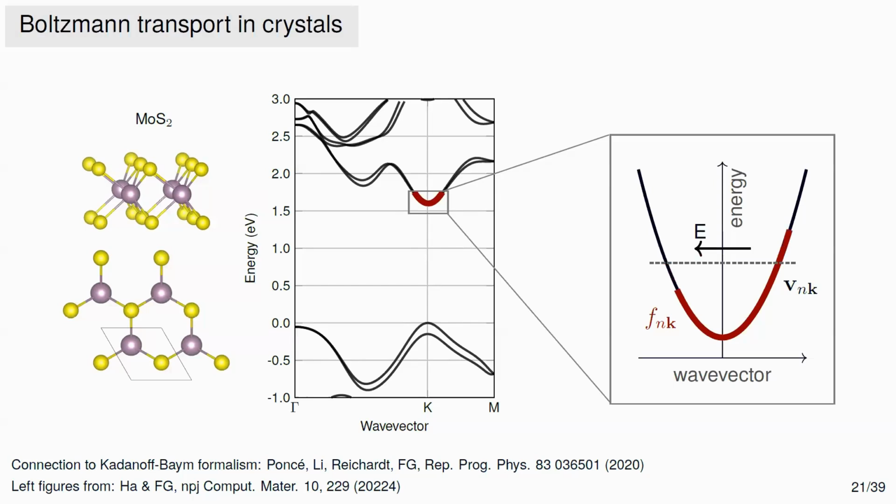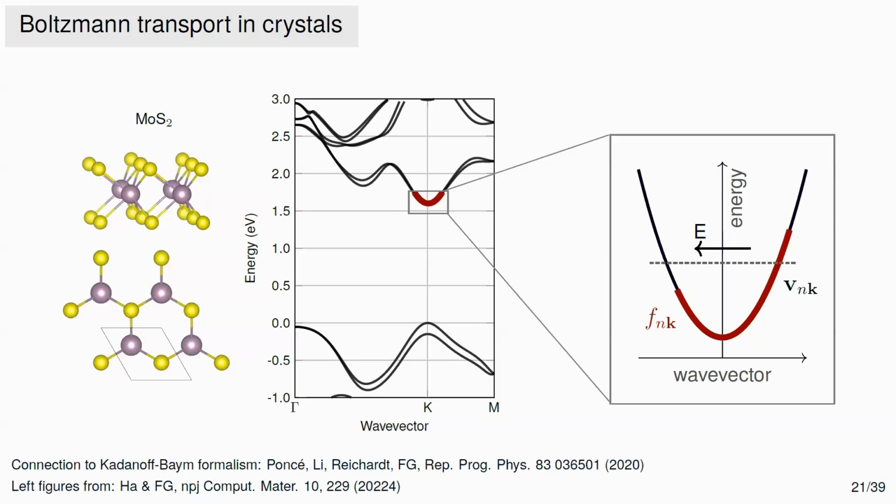If you apply an electric field, suppose going towards the left, the electric field increases the momentum. Since in quantum mechanics, the momentum is the Planck constant multiplied by the wave vector, the electrons with this wave vector will be pushed towards the right. So the net result is that there will be a little bit of extra electrons here, and fewer electrons on this side. So this imbalance means that there are more electrons with positive velocity than electrons with negative velocity. And because of that, you have a current.